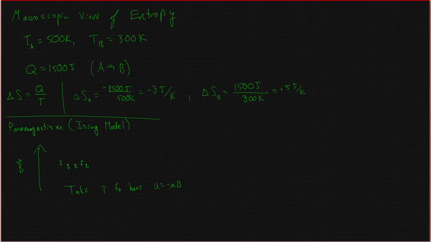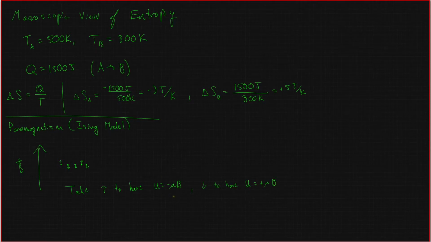So it's going to be the lower state. So we'll assign it a negative energy. And we'll assign an energy of the opposite of this to the other state. So down we'll have U equals plus mu times B,